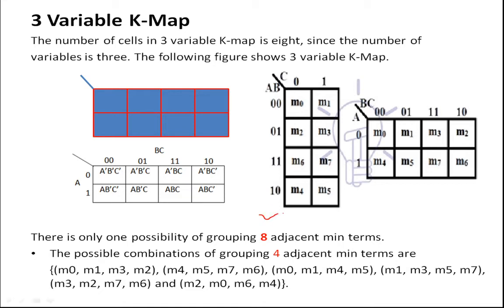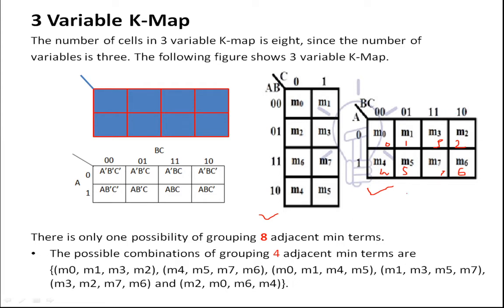Either you can go with this kind of cell K-map design, or you can go with this one. Here you can see M0, M1, M2, M3, M4, M5, M6 and M7. Just go through the cell numbering. It will start with 0, 1, then it will go to 2 and 3, then 4 and 5, and then 6 and 7. This is because an adjacent cell should have a complement of this.